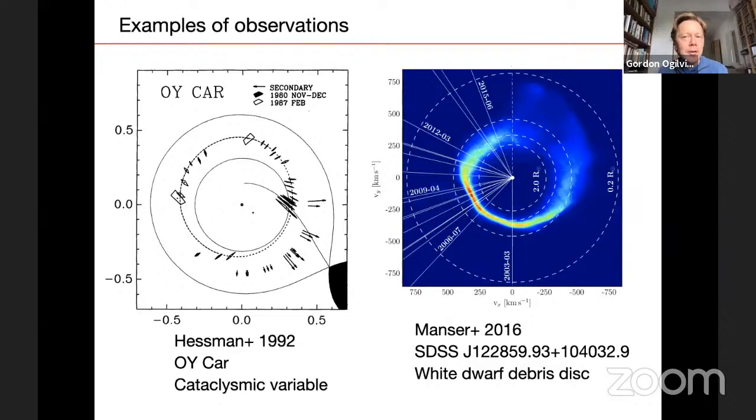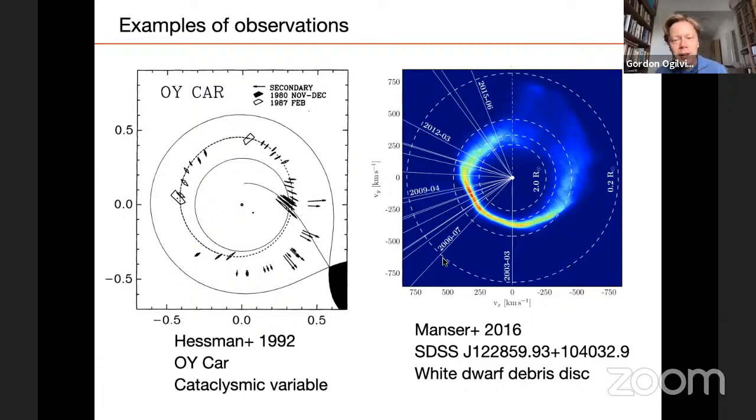As for measurements of eccentricities in disks, they're relatively few, but here's an old example. This is one of these cataclysmic variable interacting binary stars of the superhump category, where during a so-called super outburst, the accretion disk becomes elliptical and starts precessing. And in this case, through the eclipse mapping technique, they were able to map out the elliptical shape of the rim of the disk.